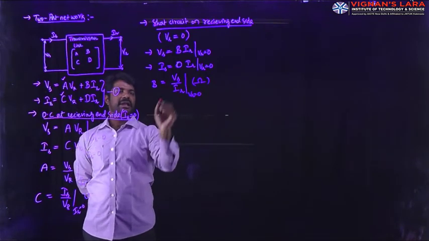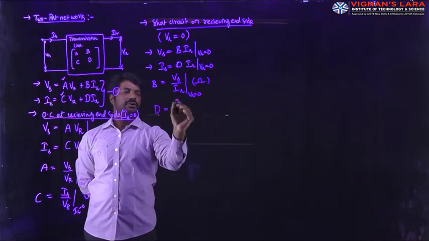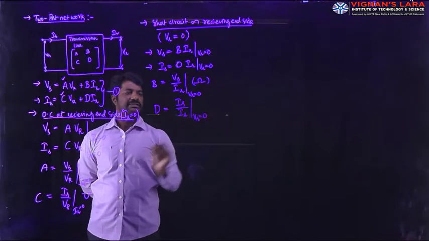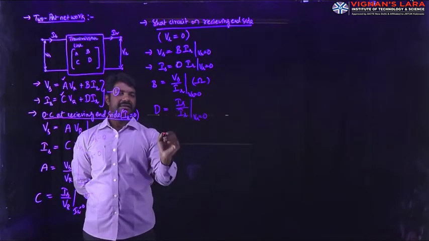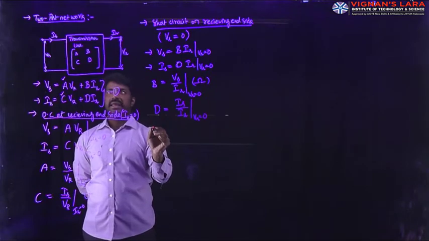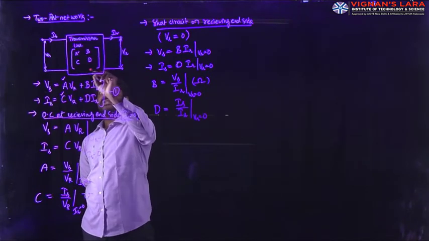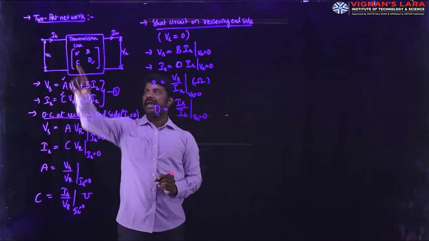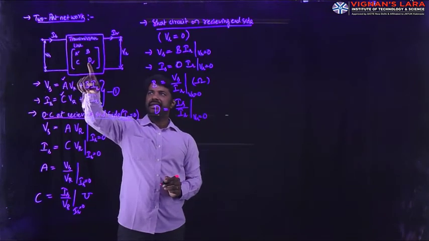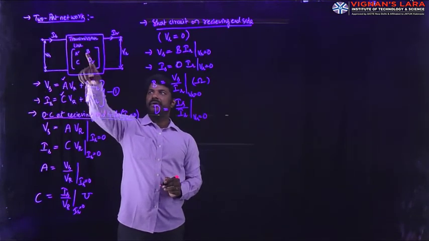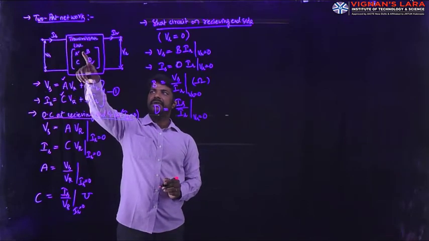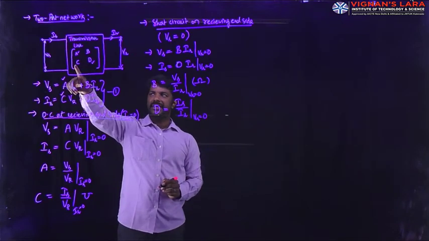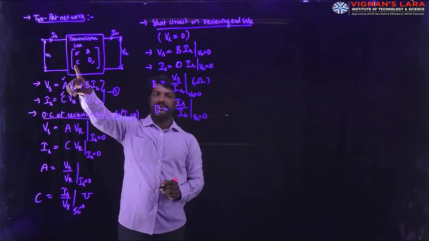And next, the last parameter called D is equal to the ratio of Is to IR with the condition applied VR as 0, and it is called current gain. Out of these ABCD constants, A is dimensionless and D is also dimensionless, without any units. A is the voltage gain representation and D is the current gain representation, whereas B is equivalent to impedance, so the unit is ohms, and C is equivalent to admittance, whose unit is mho.